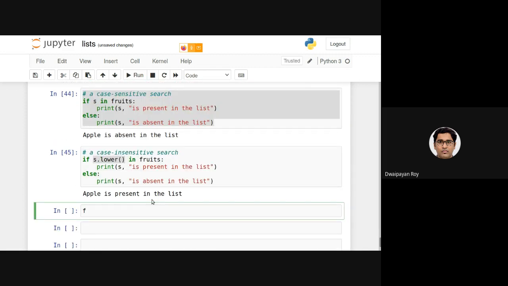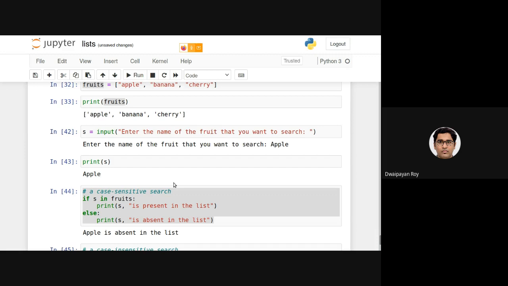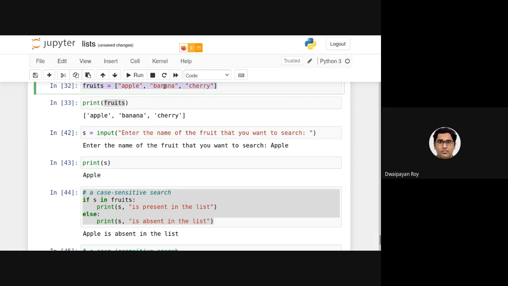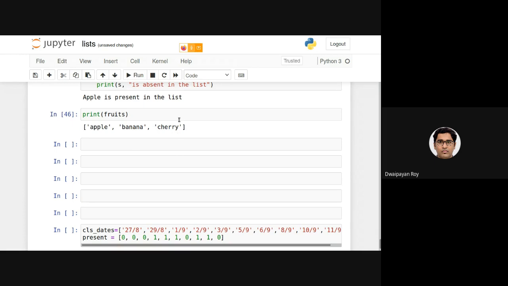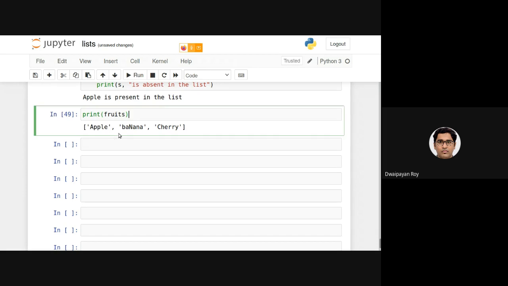the list. So let's just print the fruits. In this case, let's make it a little bit more complicated. Okay, let's change it here. So the list is containing this. Here N is capital, here C, A is capital. Now if I execute this, you can see this. So how to change all the items in this list into small case?